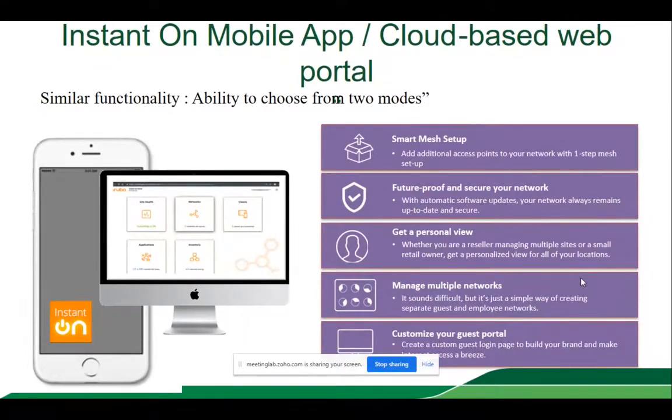Inside the portal, we have something called smart mesh setup. First of all, which we discussed in the previous slide, what the smart mesh setup actually is. We have a future proof, secure network. We can have automatic software upgrades. We have firmware upgrades, all those things available. We have a great personalized view,